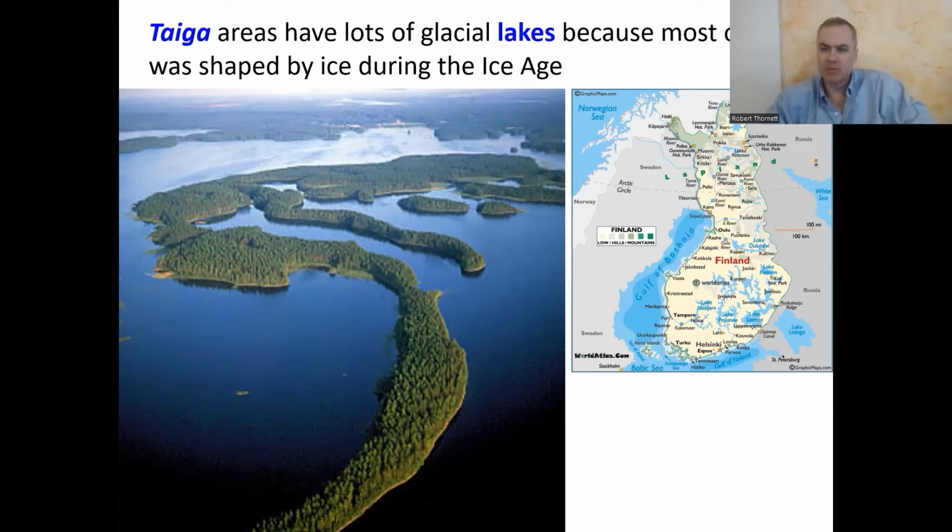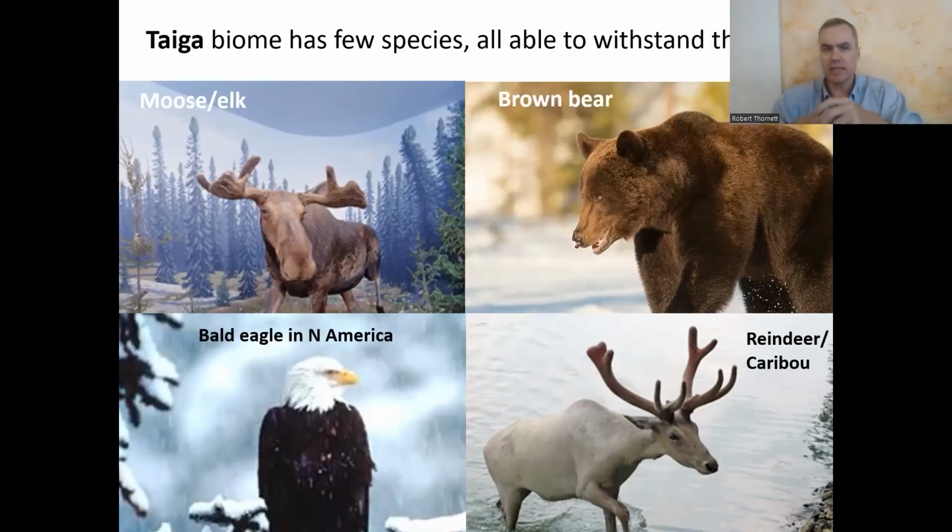And you see the same thing in Minnesota, in the United States. The Great Lakes were also formed that way. So Wisconsin, Minnesota, Michigan. So take a look at the map of Finland there, and you can see that it's almost like cut up with these sort of capillaries going through there, all these little lakes that are carved out by ice during the ice age. And so that's to say that this taiga is not always found in these giant stretches. It's often found on these oddly shaped islands and peninsulas within the lake formations that make up a lot of these northern countries.